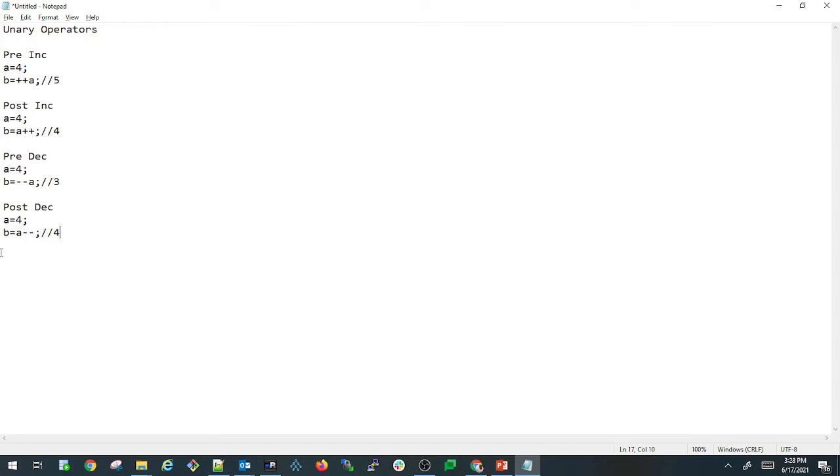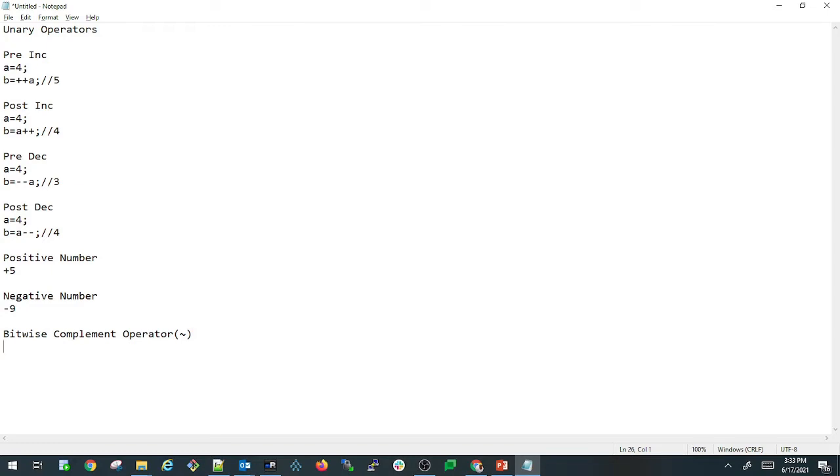Unary operators are also used for positive numbers and negative numbers. Positive number, let's say plus 5, negative number, say minus 9. Next is the bitwise complement operator. We also call this the tilde symbol.